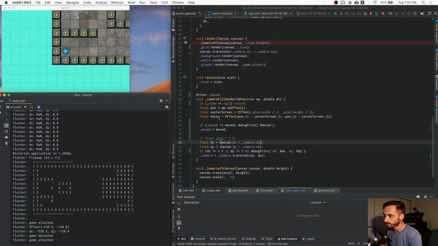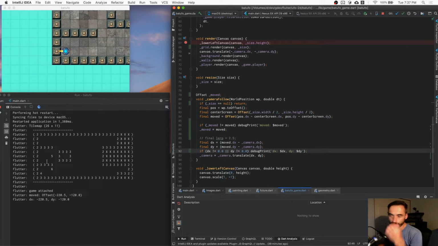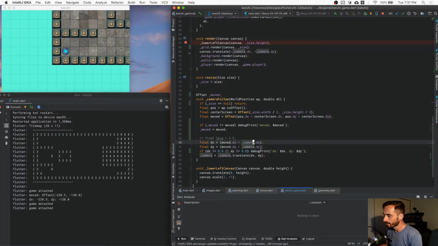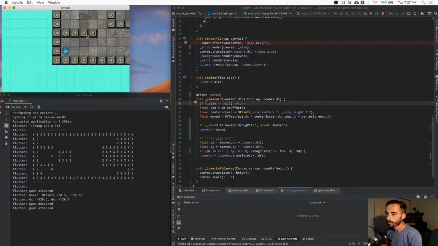That's the offset here. Well, actually, we don't know which one's which. So let's do that. And did we have another debug print? Yeah. Okay. So that was the offset. Okay. So we have a moved and we have a DX. Okay. Fine. So yeah, at first the camera is 0, right? So the X is exactly moved the X. Now if we move this just a little bit,